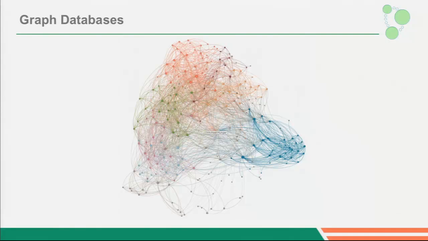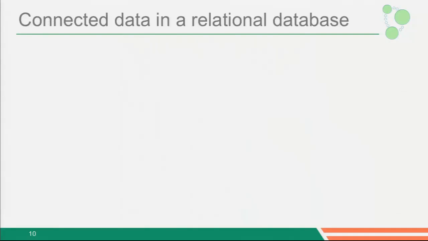So what then is a graph database? Well, if you have a lot of connected data and you want to store that connected data, it may make sense to you that you want to use a relational database, because relational databases, as you know, supposedly are good at relations, right? I mean, you can hear that. It's in the name.